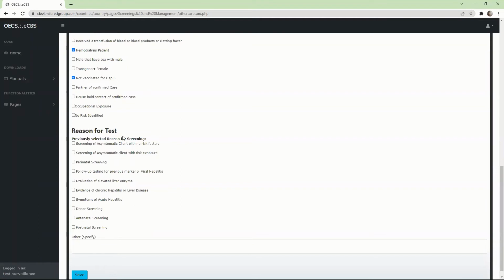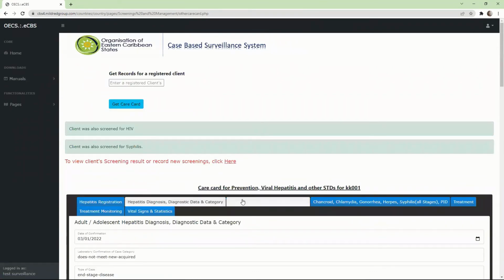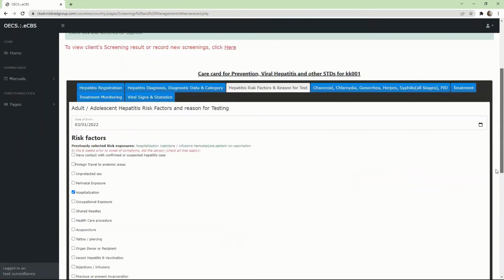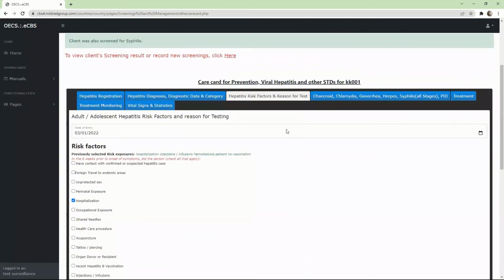The reason for test, the client was tested as antenatal screening, also was tested because of evidence of chronic hepatitis, elevation of liver enzymes, and also if there's any other reason you specify here and save. Now we filled in all of the hepatitis information and all the data collection for this hepatitis. It is time for us to move to